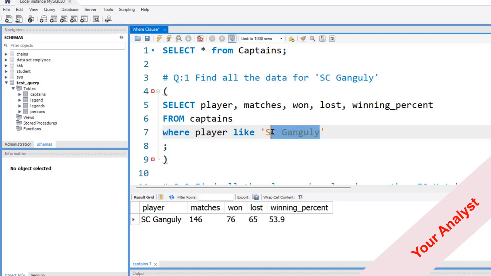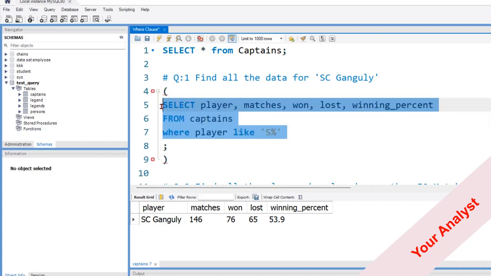To do that, we can use a special operator called percent. Percent signifies that there can be any number of characters after this letter, but the first one would be S, and that will be in capitals. So when we run this,